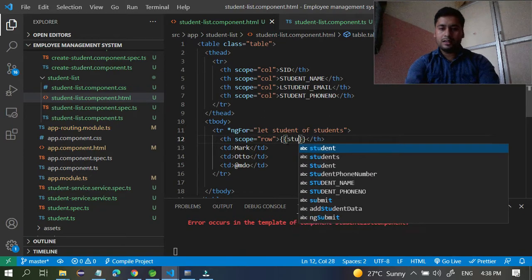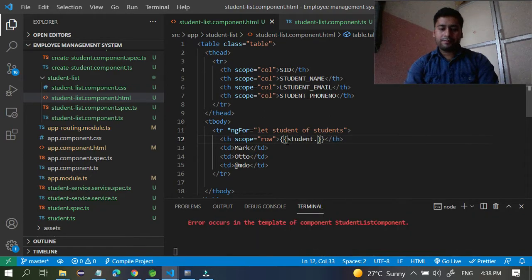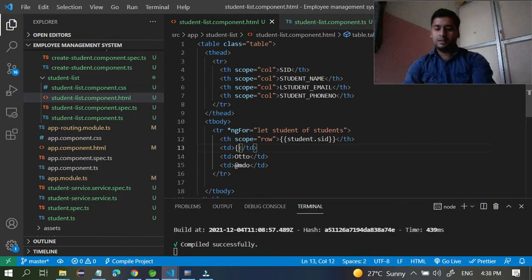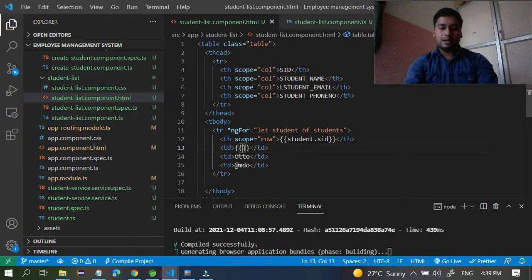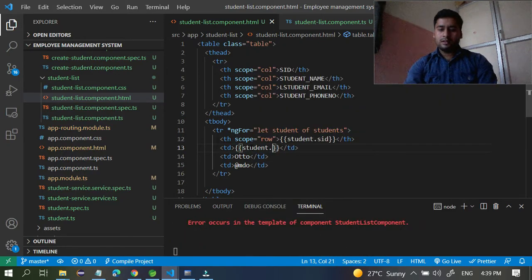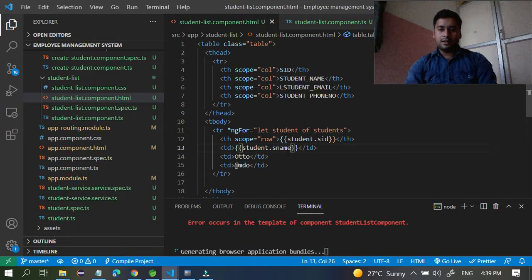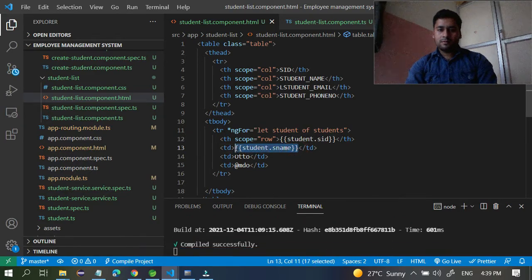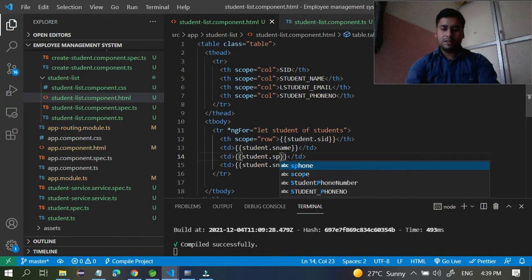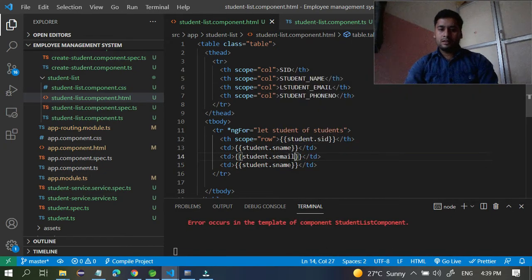So I have to write here student dot SID, and remove this one, give double braces, and student dot sname. Then copy paste: name, then email, then phone number.